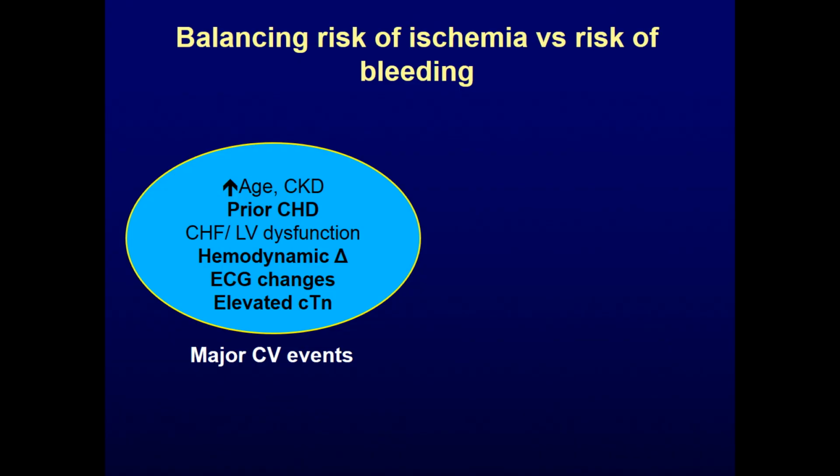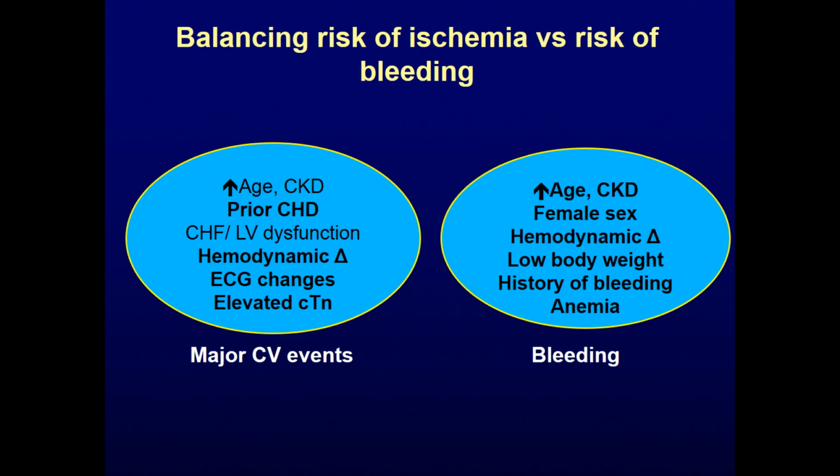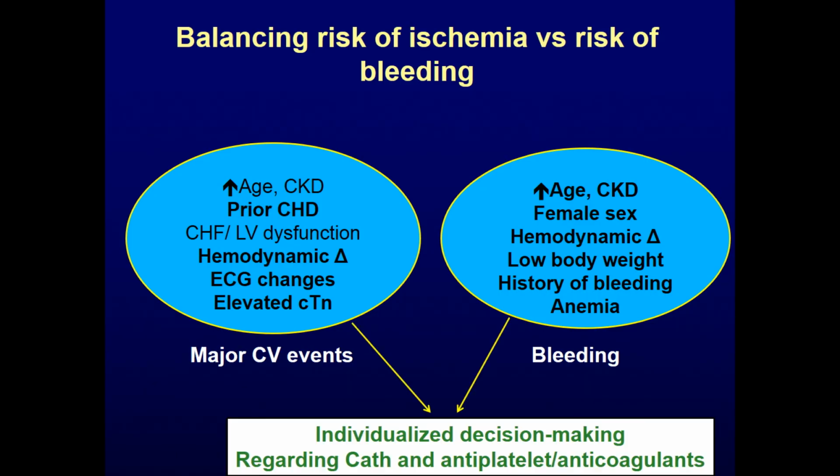And the problem is, if we look at the major risk factors for cardiovascular events, it's age, prior heart disease, CKD, heart failure, EKG changes, elevated troponin. If we look at the bleeding risk, it's almost exactly the same: age, CKD, hemodynamic changes, history of bleeding, other comorbidities. And so when we consider the degree of anticoagulation that we use, we have to make individualized decision-making